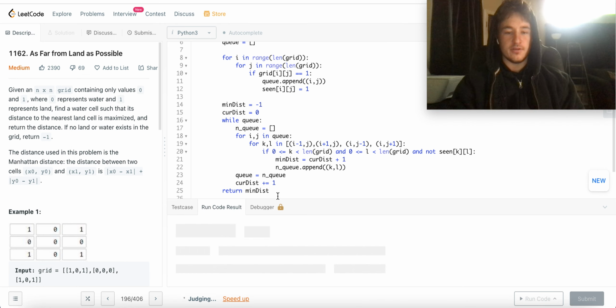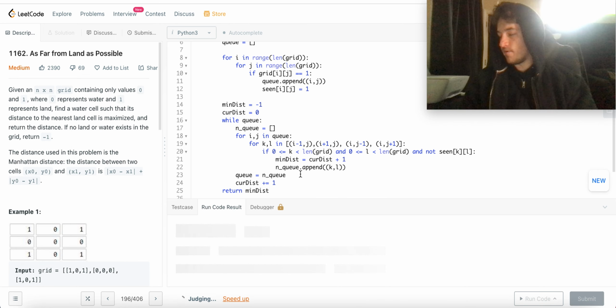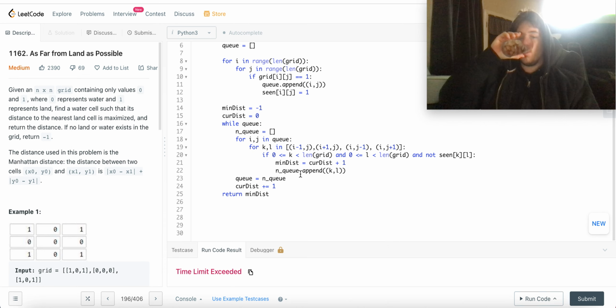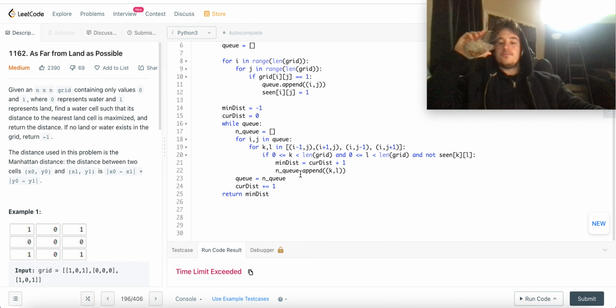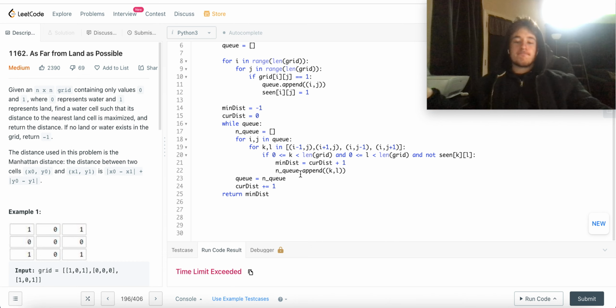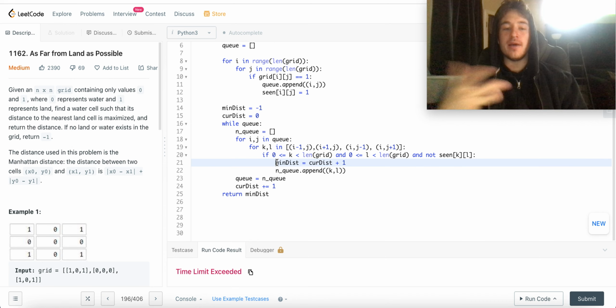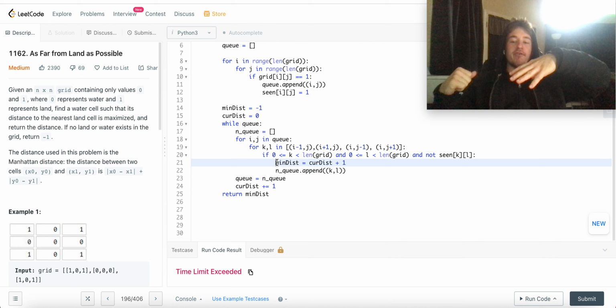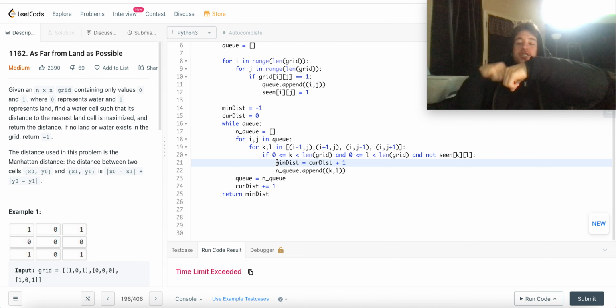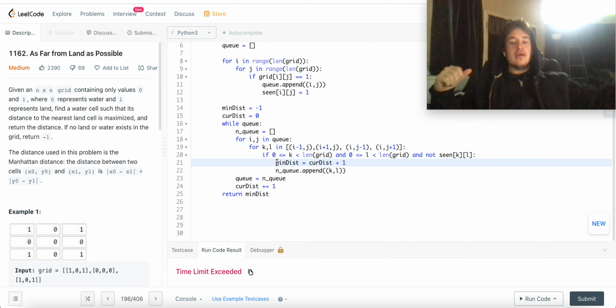Okay, that doesn't sound good, that it's scrolling forever. There's probably some sort of infinite loop here that I'm not seeing. Oh, okay, sorry. So if it hasn't been seen yet, now that I've added it to the queue, it's officially seen. As soon as I add it to the queue, that means that there's no reason to traverse it anymore, because it's a race. Whichever one of my islands reaches this grid cell first, that's going to be the closest distance, right? This problem is basically like,